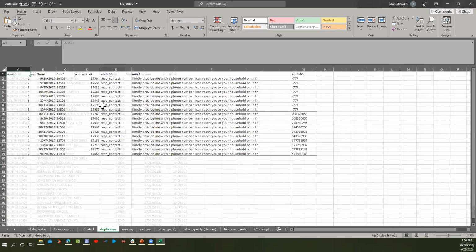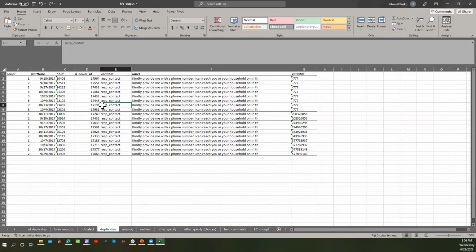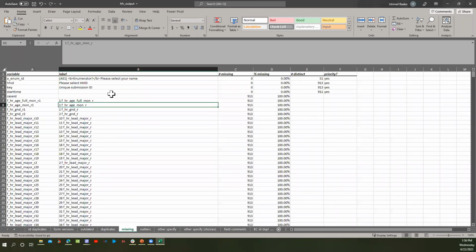Then you have a duplicate sheet, which you can use to check duplicates for other variables. So this is the other IPHX dupes. This is the output of IPHX dupes, and this is the output of missing, which shows you, for each of the variables, the number of values missing and the percentage of values missing, and then the number of distinct values.